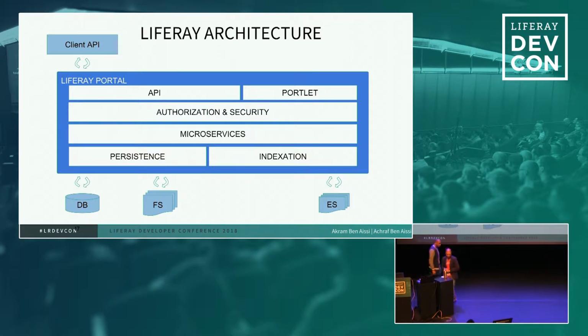To be compliant with these patterns, we have to take a look at the Liferay architecture. As you can see at the bottom, the file system and the database communicate with the persistence layer. In parallel, the search engine communicates with the indexation layer. Both communicate with the microservice layer, and the microservice layer communicates with the portlet and the API layer